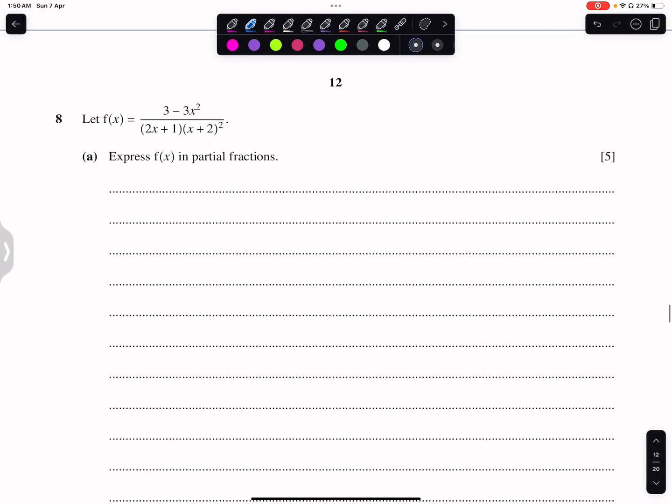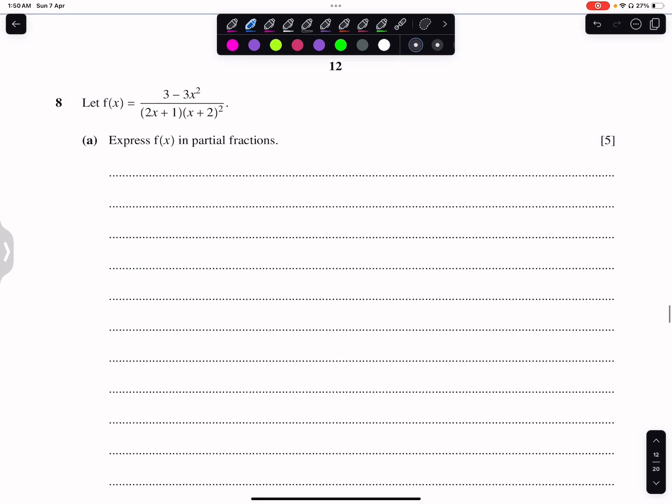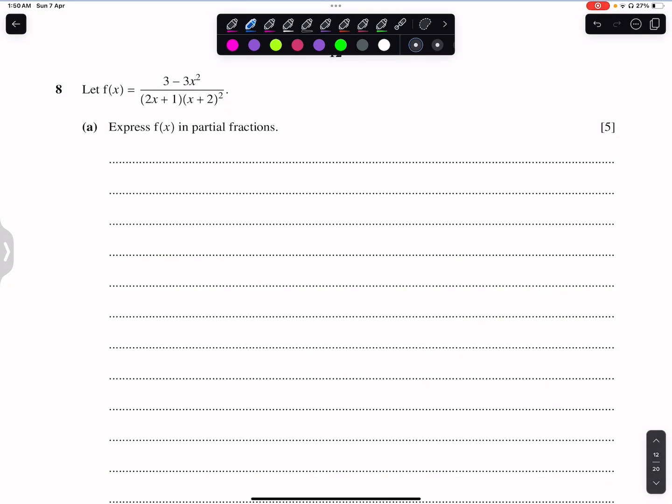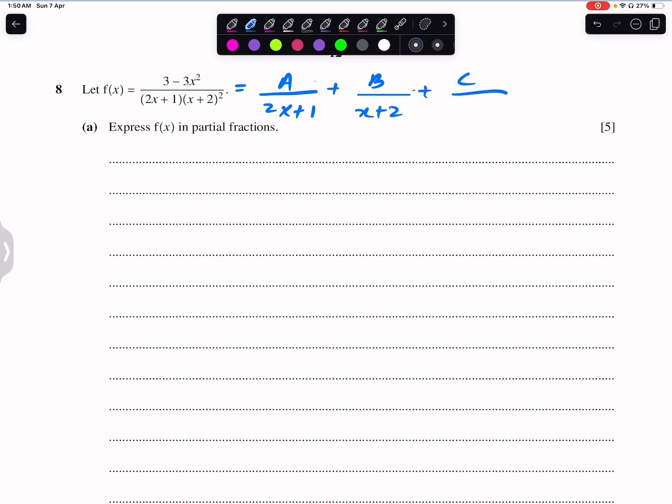Let's move on to question 8, and that is from differential equation. That is from partial fraction, and this is case 2. First of all, student, look at whether the fraction is proper or improper. So you can see that this is a proper fraction. So let's write a over 2x plus 1 plus b over x plus 2 plus c divided by x plus 2 whole square,